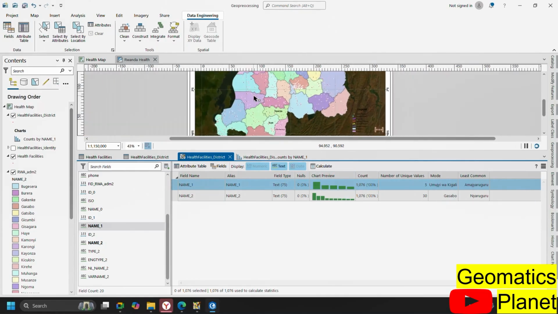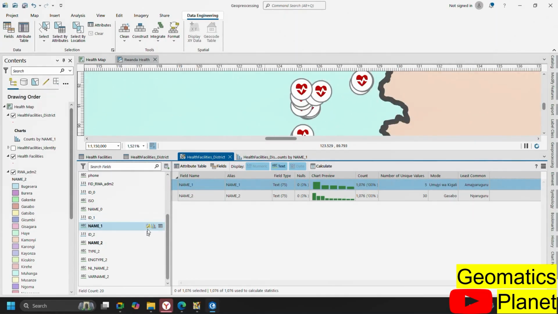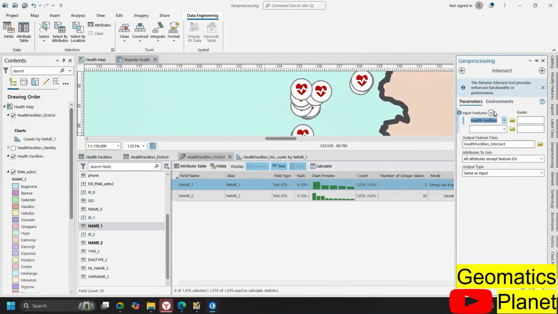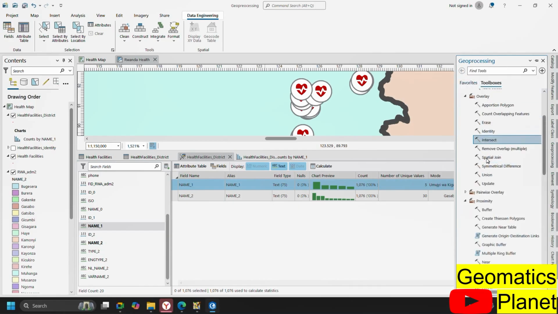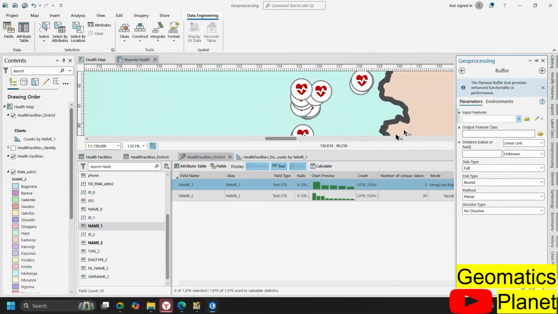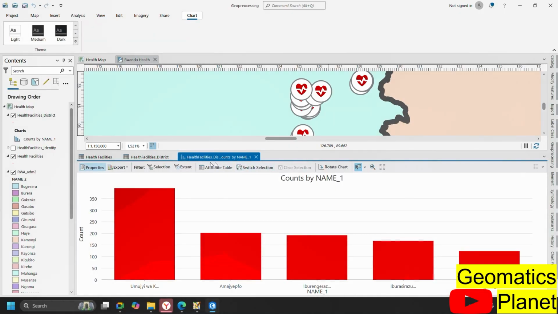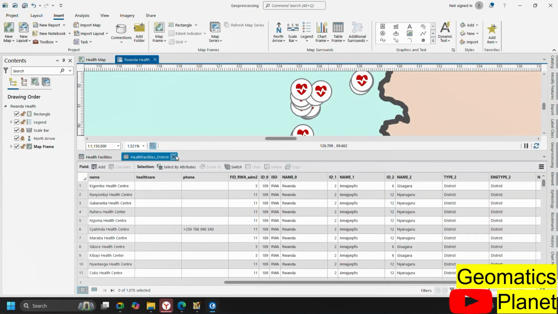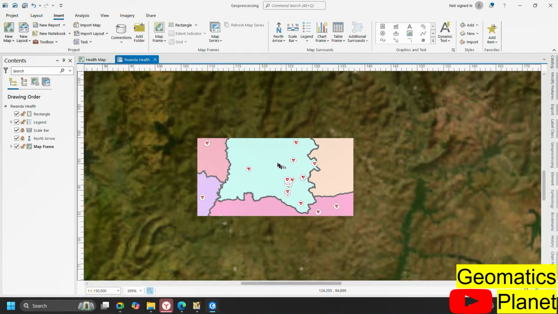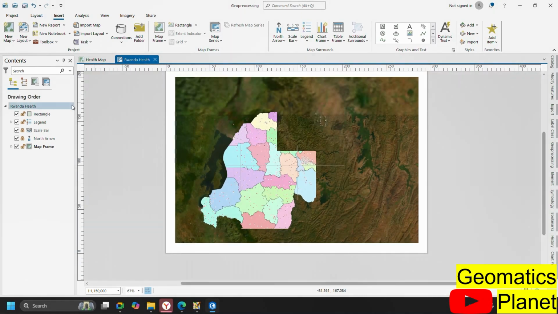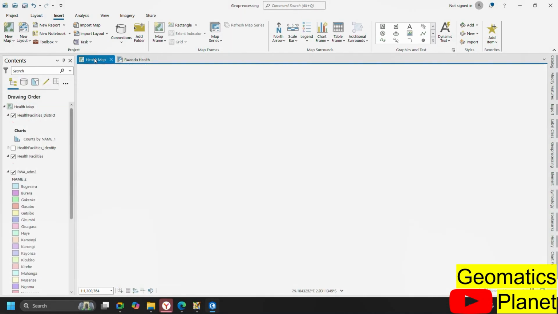Then let's move over to making a buffer, which I know all of you actually know how to get done, but it's also part of the things we just need to touch. Now if you look in here, we have what we call buffer. The same way, for those who want to get that done, you go ahead to your buffer. So I might need to close all this, we might not need it for now. Yeah, so you see the hospitals that are here, and you are asked to make analysis of the hospitals that are within a particular